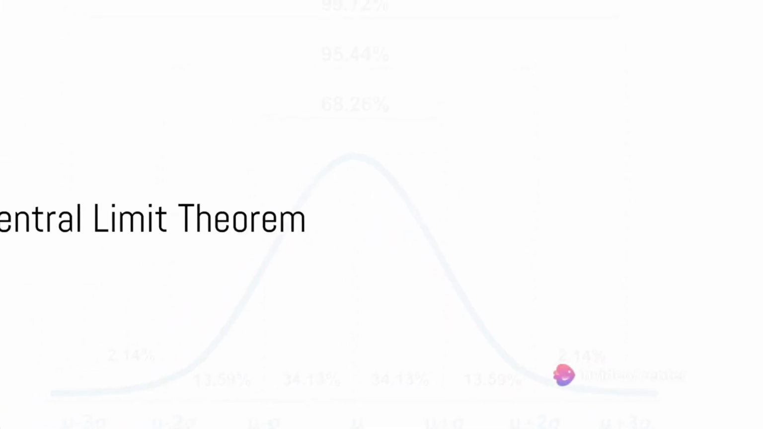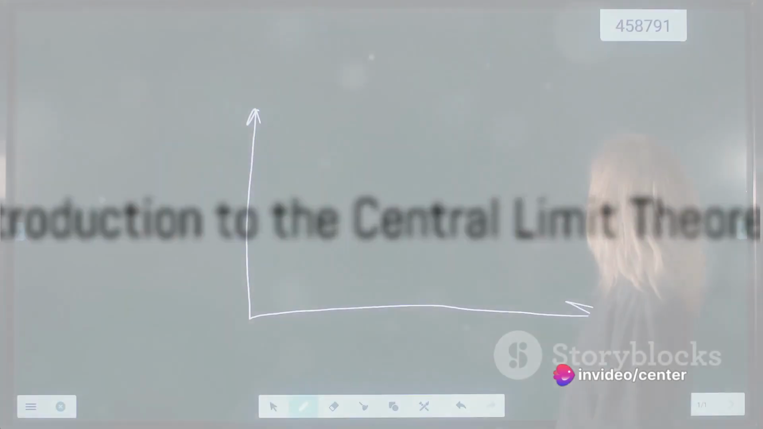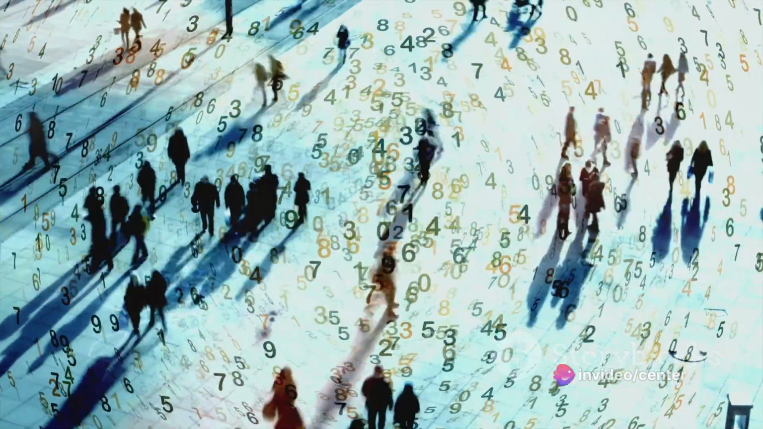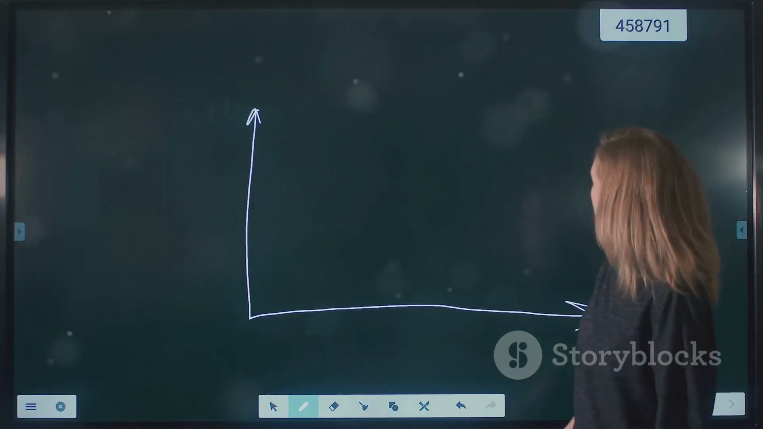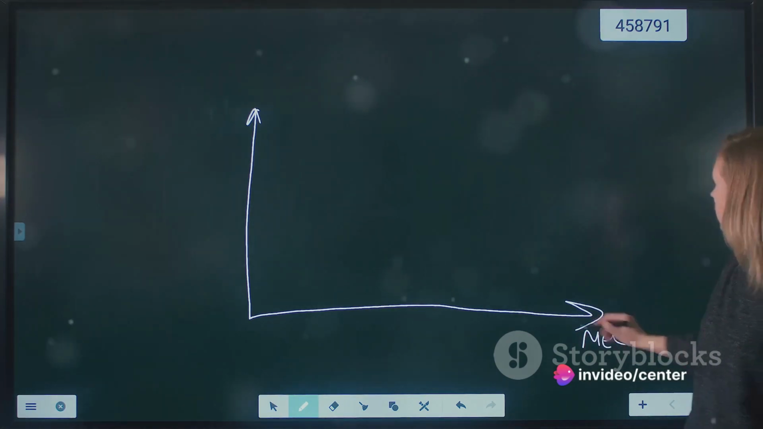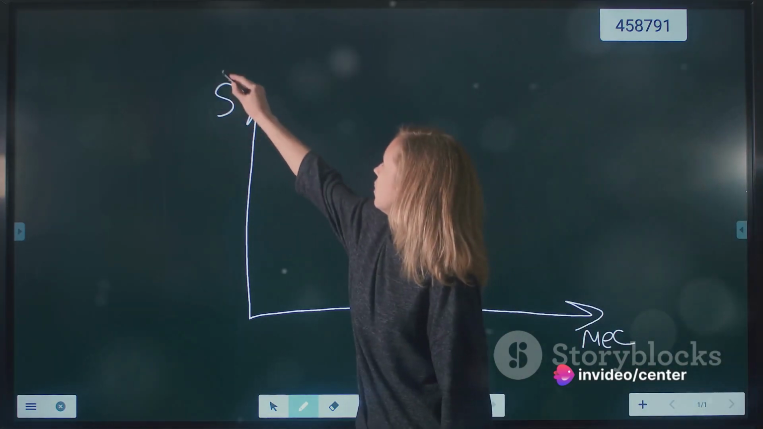Why is the central limit theorem such a big deal in our everyday lives? Well, it's like this. Imagine you're trying to know the average height of all adults in your city. It's impossible to measure everyone, right? But here's the magic of the central limit theorem. It tells you that by measuring just a few people randomly, you can confidently estimate the average height of all